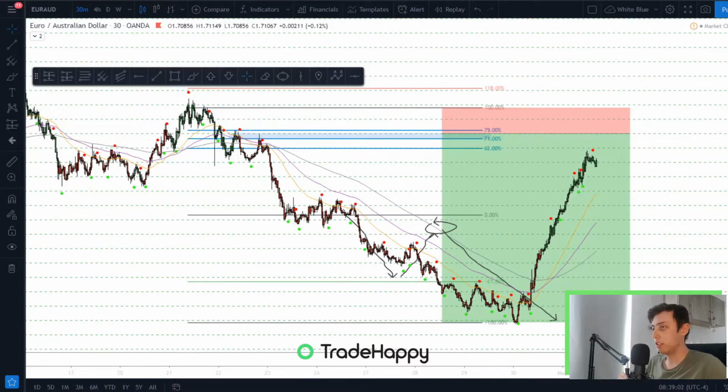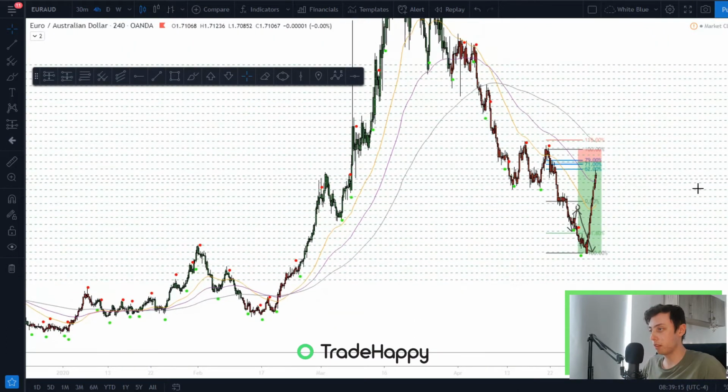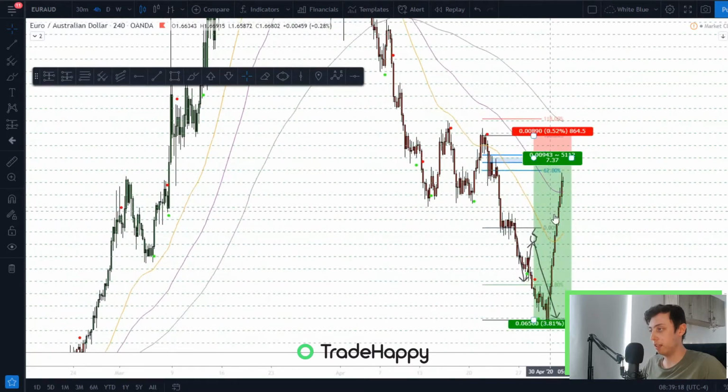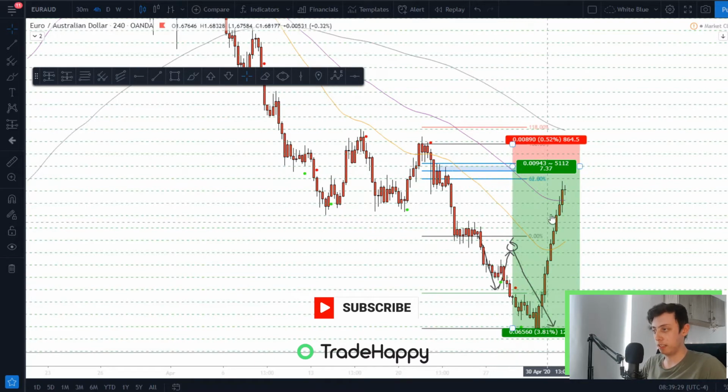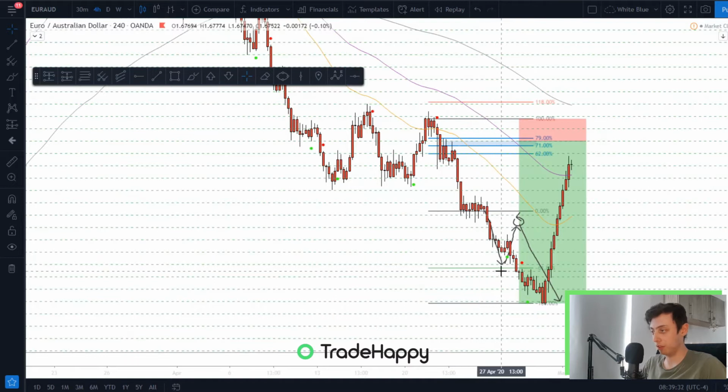So here we are on the charts. We are on EURAUD to start with, and this is the analysis that we did last week. It was on the 4-hour time frame, and I predicted that we would stop here, and if we came up to this 71 level I would enter a short position, and basically that would be the entry. And then if we broke down, we would be looking for a short around here, basically the same 70 level around here for this move down here.